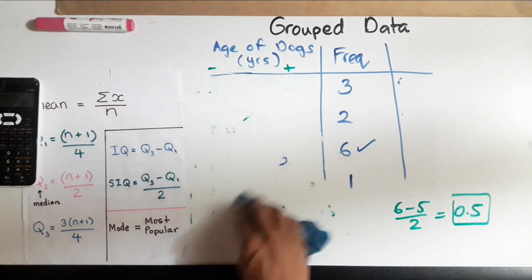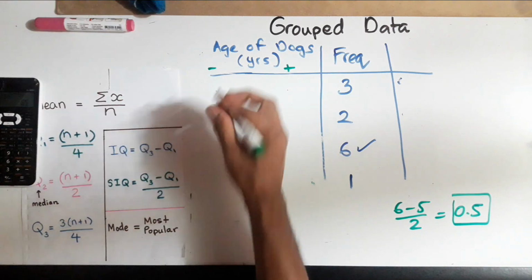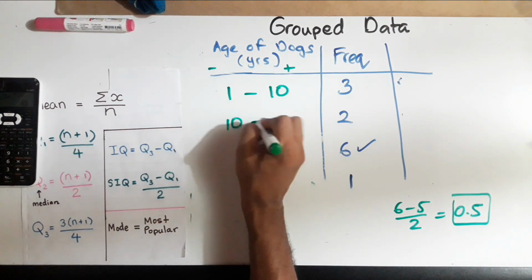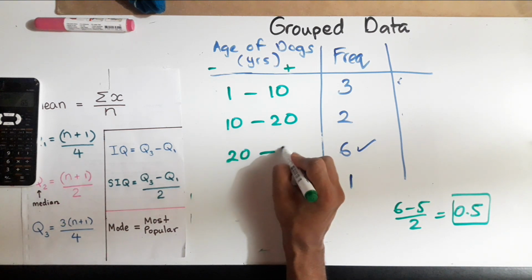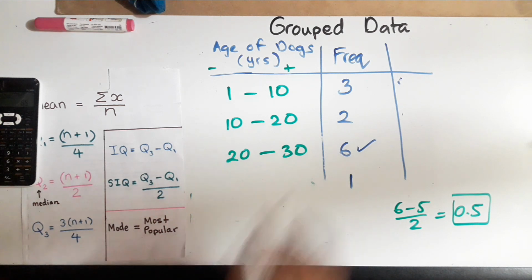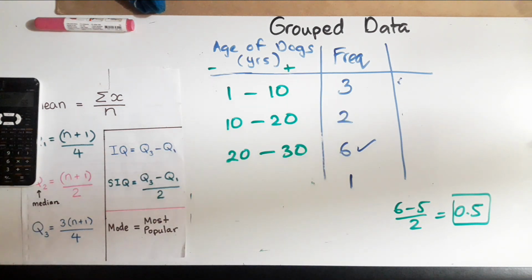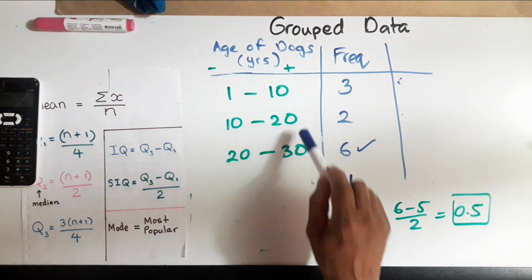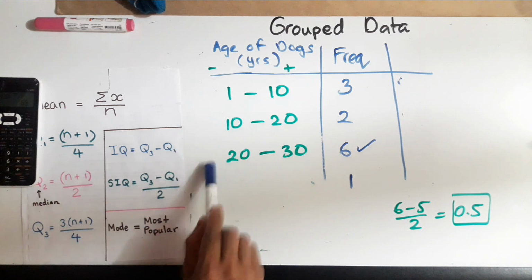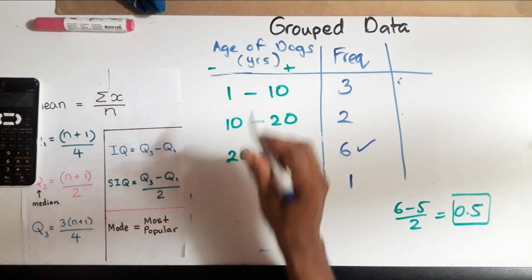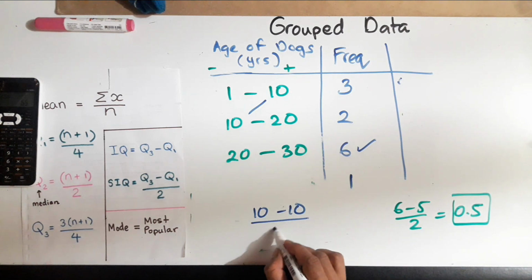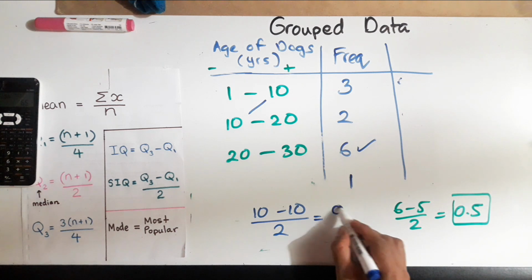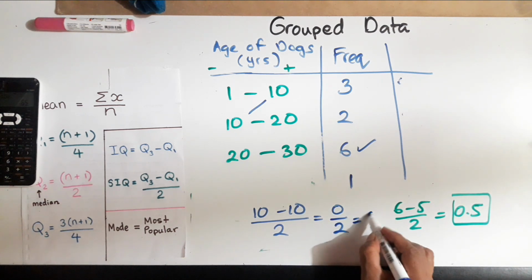So suppose now it's something like this: 1 to 10, 10 to 20, 20 to 30. Let's call it short there. You get this question here and they ask you to put in the upper class and lower class boundary. And students just start to add 0.5. So they put 10.5, 20.5, 30.5, 0.5, 9.5, 19.5. Look at this question. If we take these two numbers and minus it, remember we have to divide by 2. And 10 minus 10 is 0. 0 divided by 2 is 0.